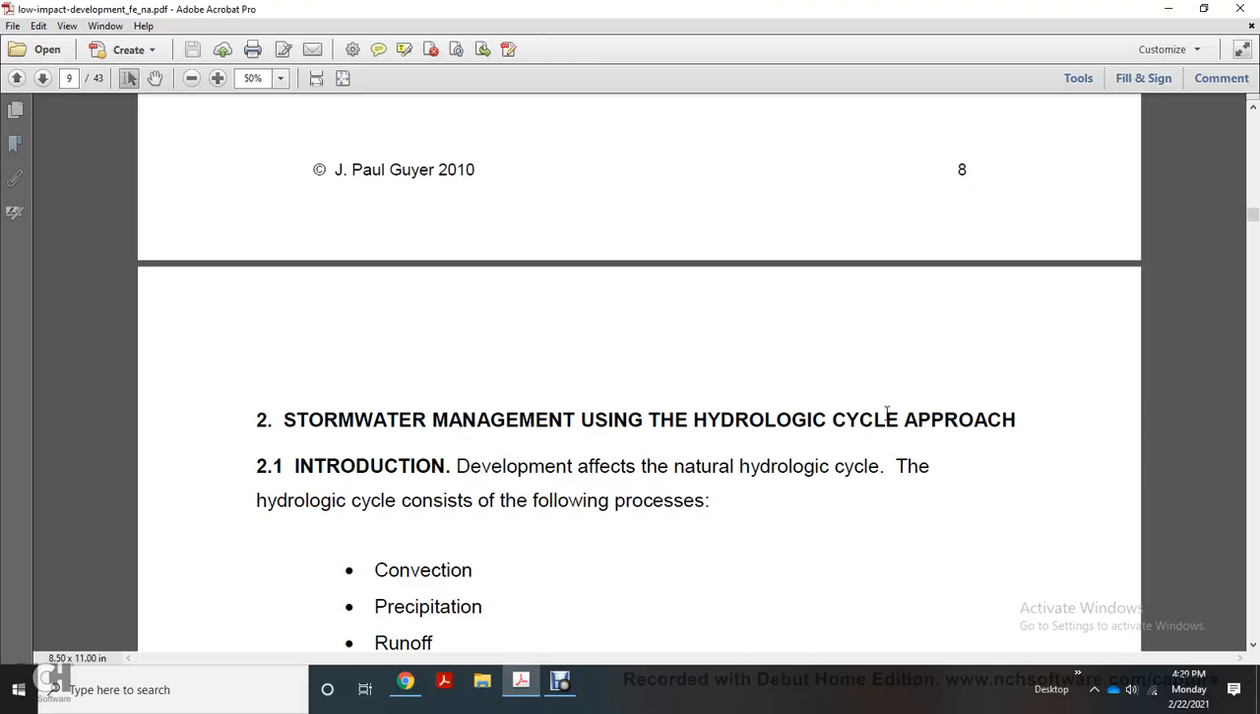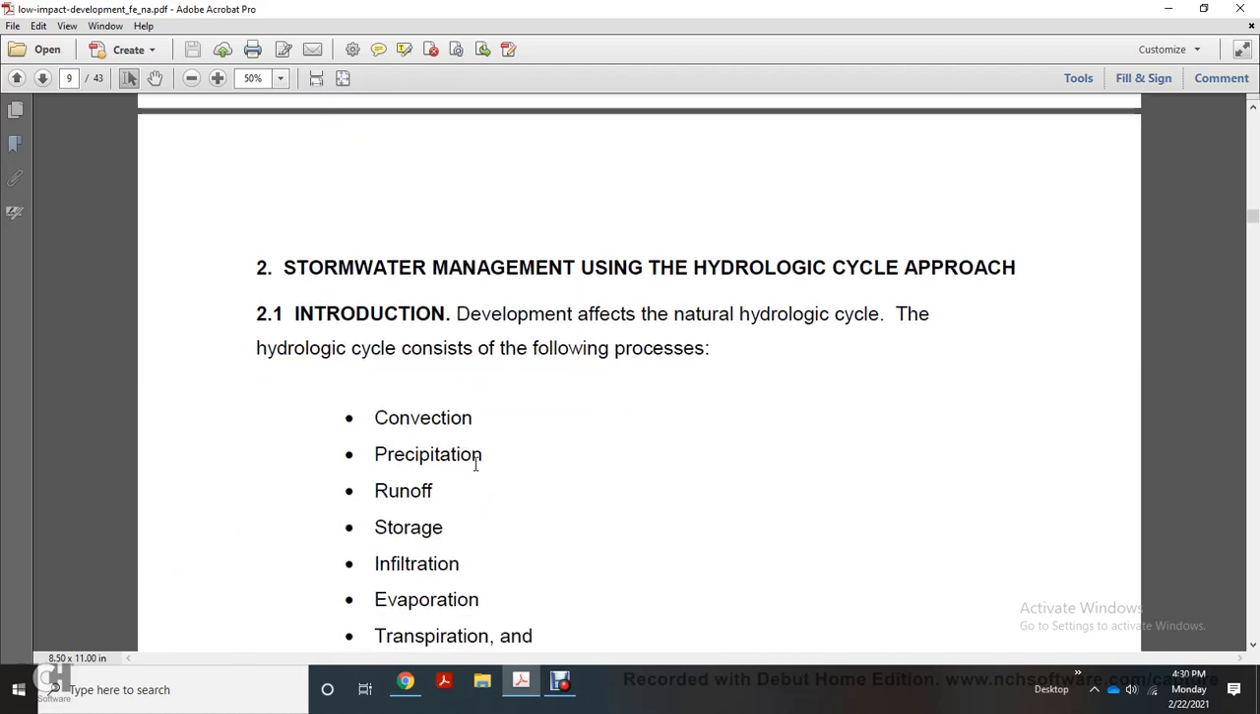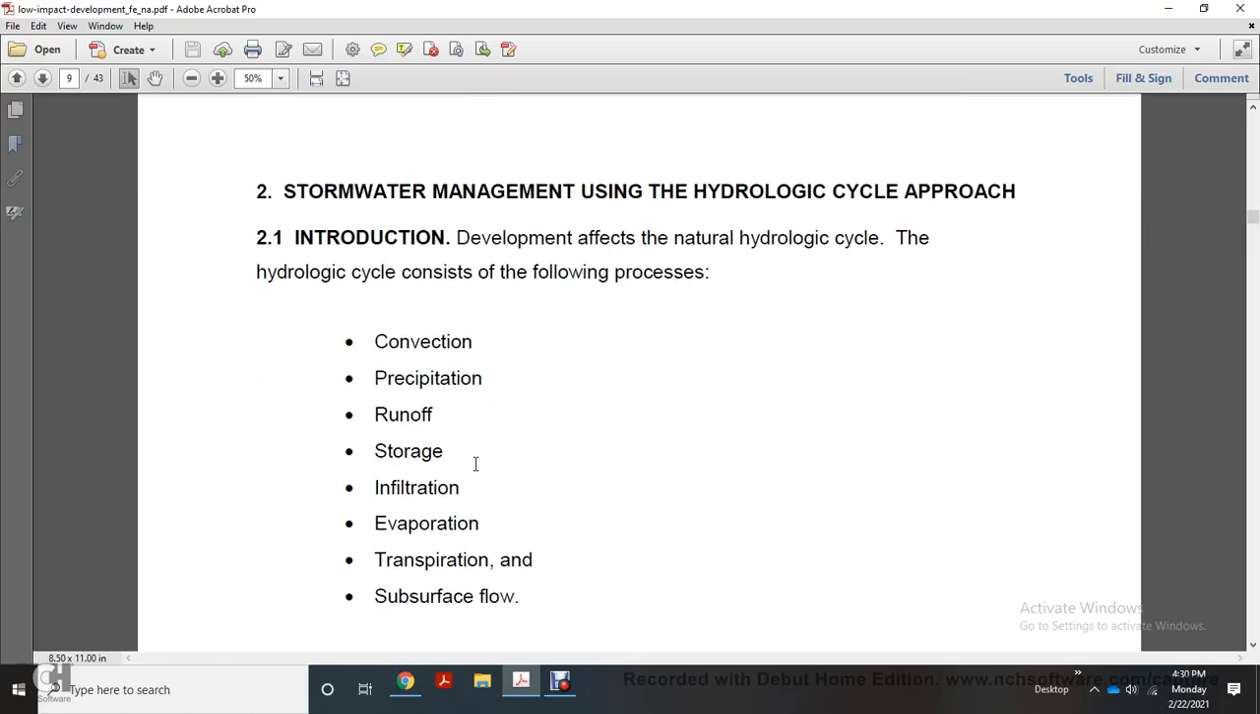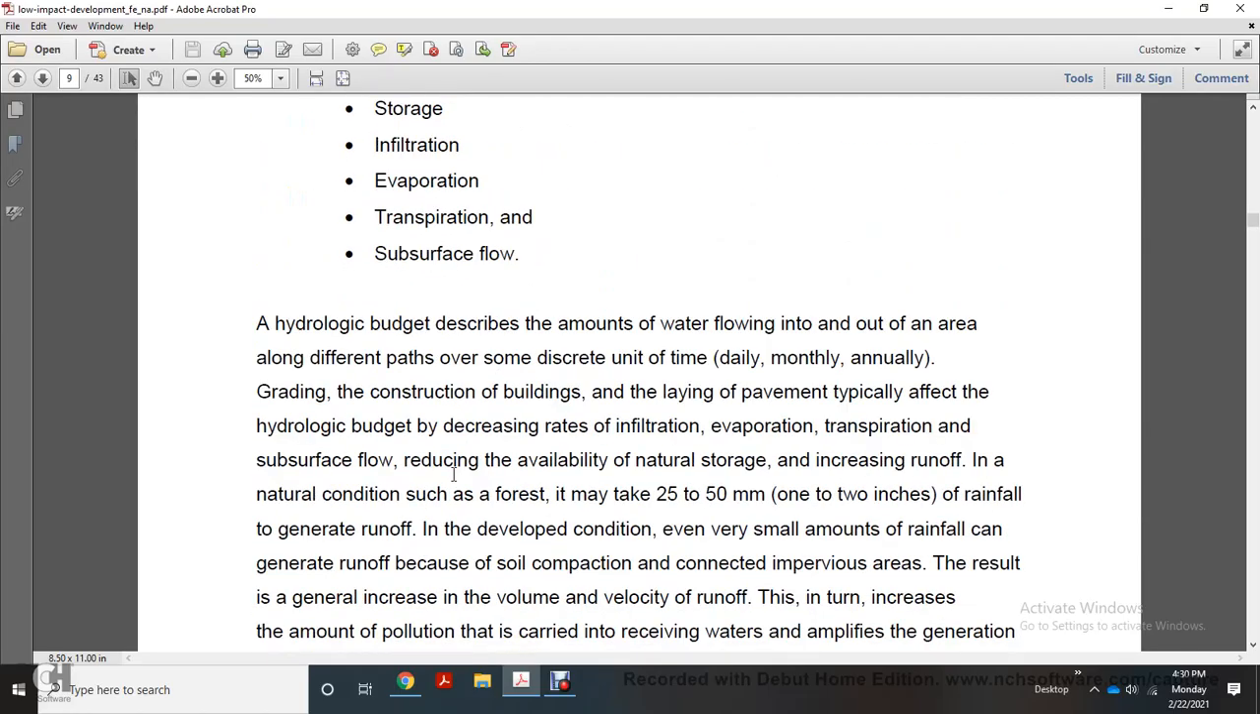Storm use: the hydraulic cycle approach, introduction, development effect for the natural hydraulic cycle. For the hydraulic cycle, consider the following processes: convection, precipitation, runoff, storage, infiltration, evaporation, transpiration, subsurface flow. Hydrologic budget describes the amount of water flowing in and out of the area along